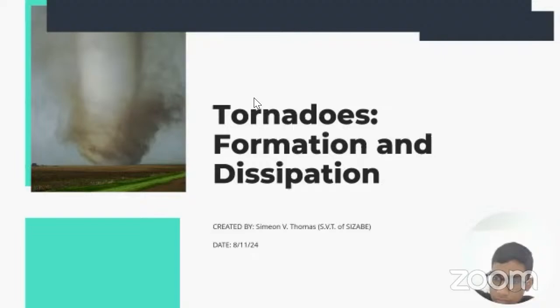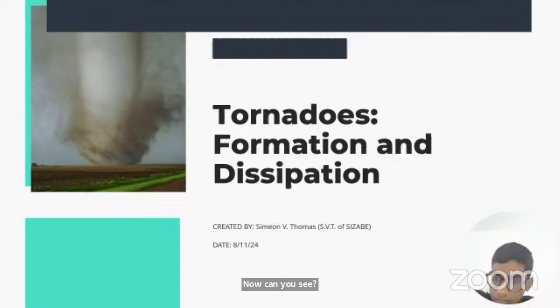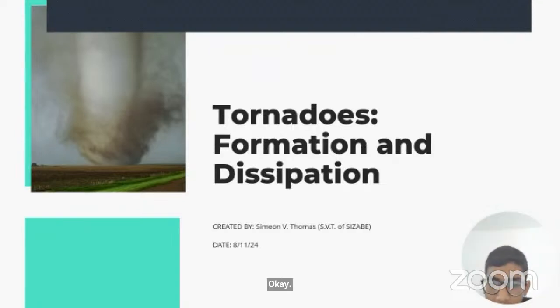Now can you see? Yes, Sunil, we can see the tornadoes, formation, and dissipation slide.